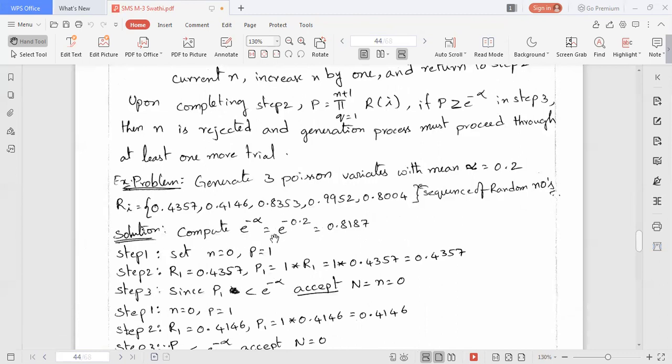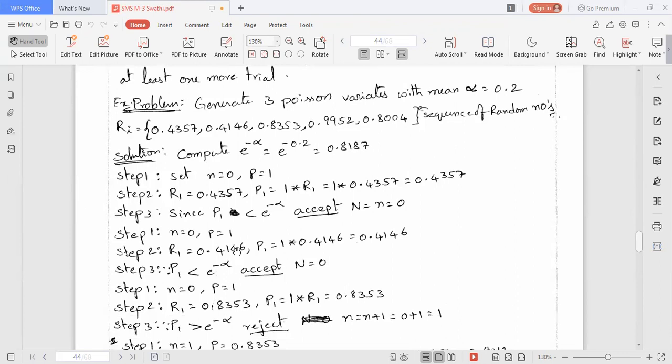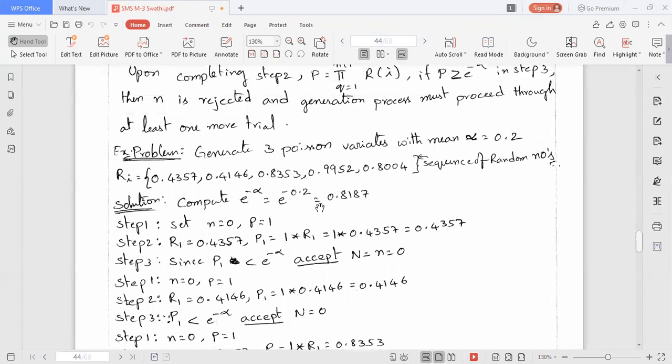So e power minus alpha, with alpha given in the problem as 0.2, so e power minus 0.2 we will get 0.8187. Now we'll start the random variate generation procedure. The first step, step 1, what we need to do?